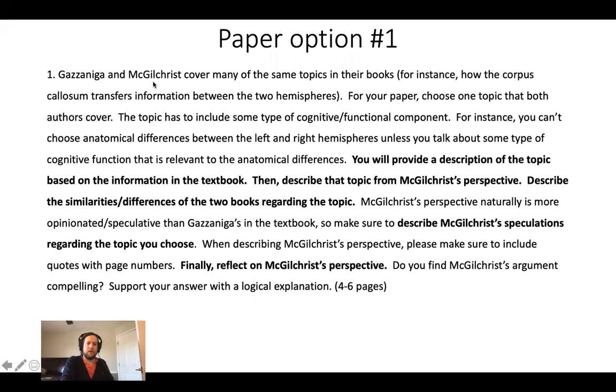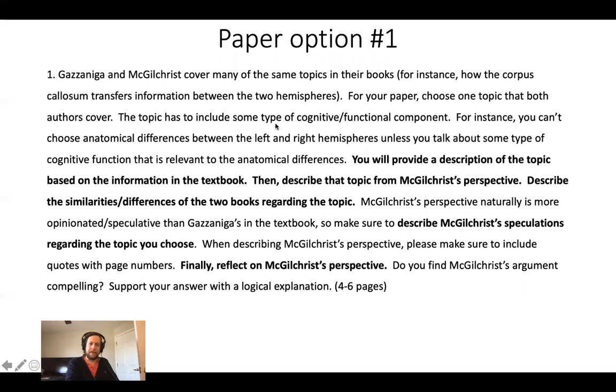The first thing you'll have to do for paper option 1 is choose a topic that both Gazzaniga in the textbook and McGilchrist in the Master and Emissary talk about. This is kind of a challenging aspect, just choosing a good topic. I'm happy to talk to you guys as you're brainstorming topics. I'll also be giving some ideas for potential topics here and in future versions of these videos. But you will need to choose a topic